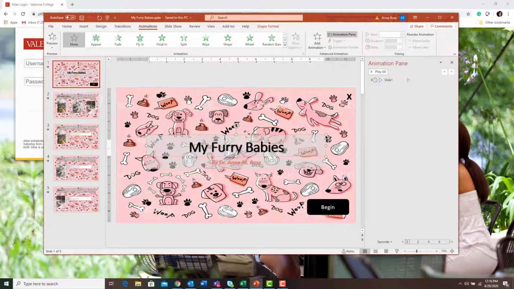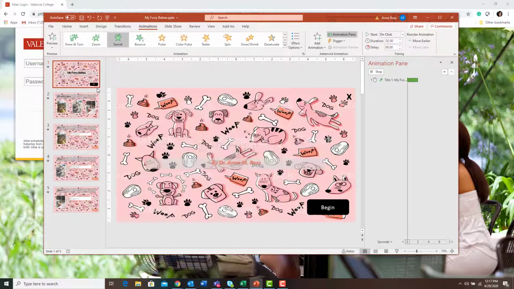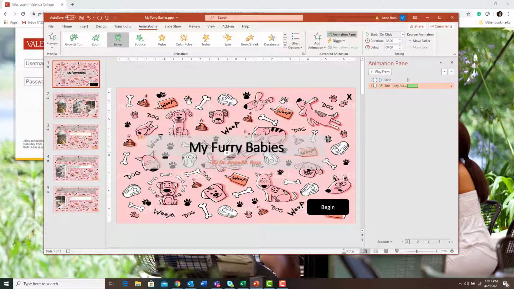So the first thing I want to animate is my text box that says furry babies. I have all these animation effects up here, and I can display some more by clicking the drop down arrow. And I want them to enter onto the screen. So what I'm going to choose could be any of these. Swivel's kind of neat. It's a pretty strong effect, but here's what it does. Okay. And notice that once I have selected and animated the title, it now shows up in my animation pane